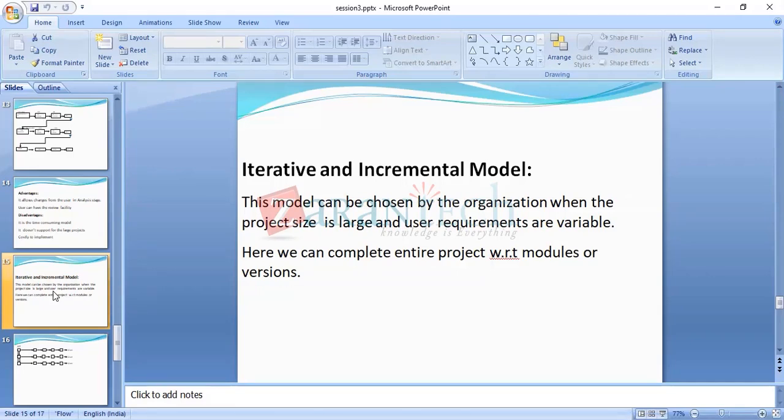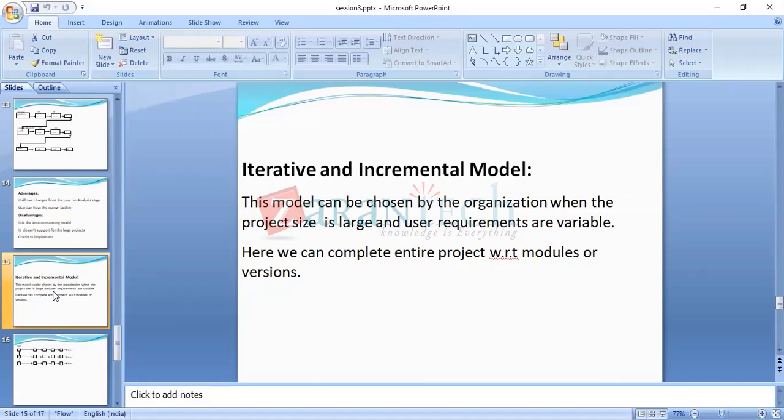How exactly will you get the benefit in this model? Suppose you have given me 100 requirements in 2021. Of those, 30 requirements I'll finish in 2023. In 2025, I will complete 30 more requirements, and in 2028, I'll complete more requirements. Like that, step by step, I can perform. Is this called iterative or not? Performing the activity step by step is called iterative or not?